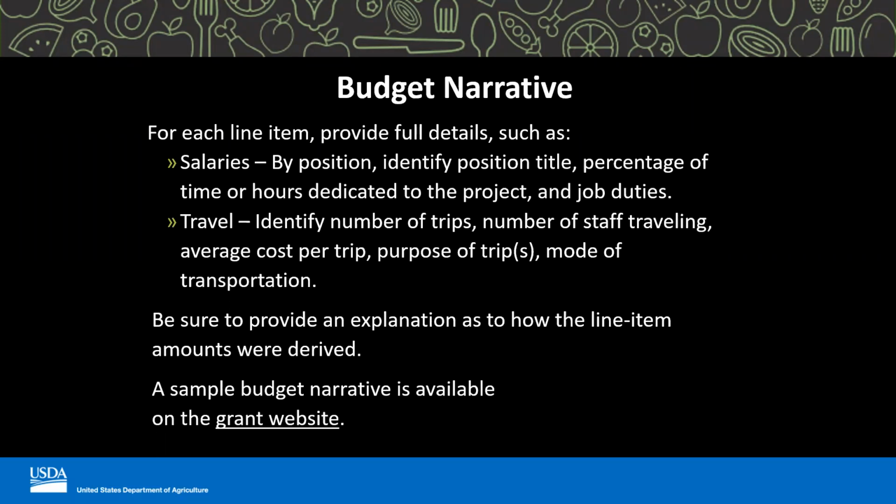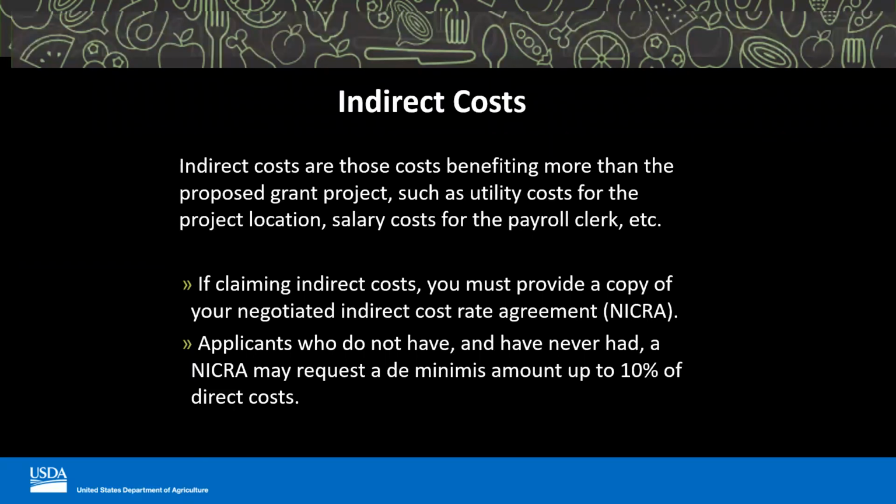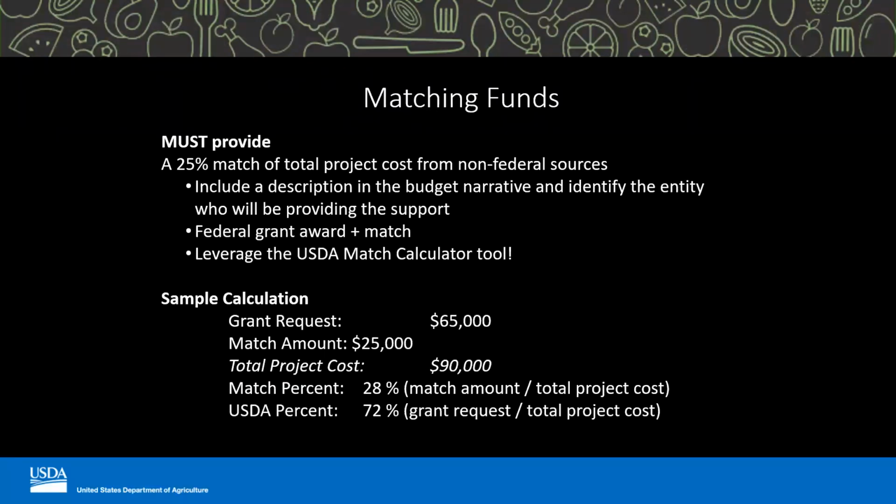Distinctly label items purchased with federal funds and those purchased with matching funds. For 24-month proposals, please separate the first and second year expenditures. Line item budgets without an accompanying budget narrative could receive much lower scores and could require additional clarification. All funding requests must be in whole dollars. We have also provided a budget checklist on page 57 of the RFA. Please make sure to review the sample budget narrative available on the grant website.